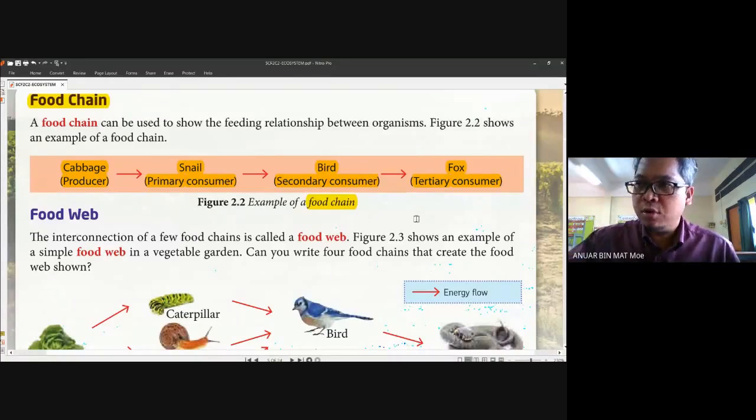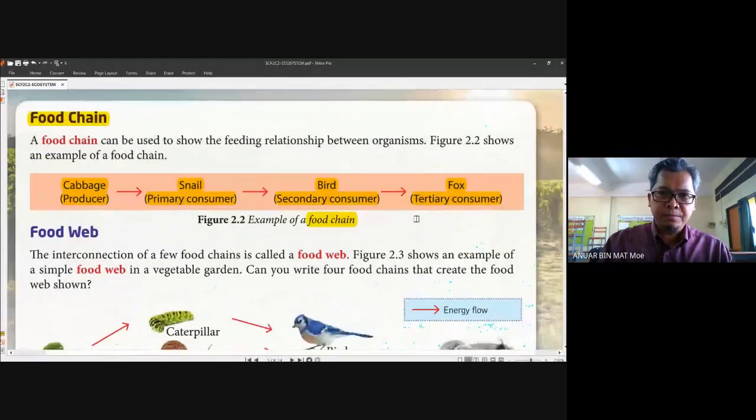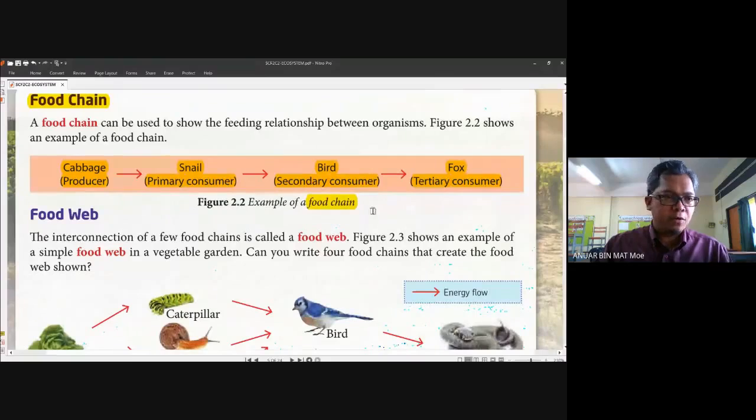Later in the workbook, you try to answer the questions. You understand the food chain? Very easy. You need to understand the animal, put the animal inside the role, whether it is producer or consumer, and then identify what the animal eats, whether it eats plant or another animal. Okay, very easy. Number 2 is